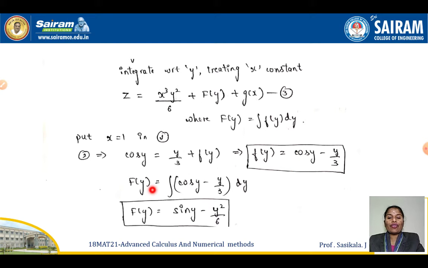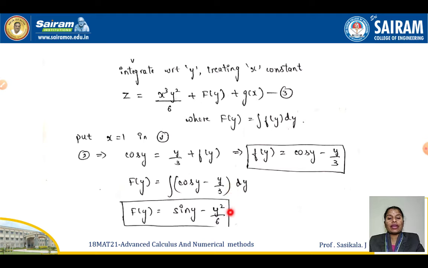So capital F(y) is the integration of cos y minus y/3 dy, because that is for your capital F(y). Integrate this term: sin y you get for the integration of cos y, then minus of